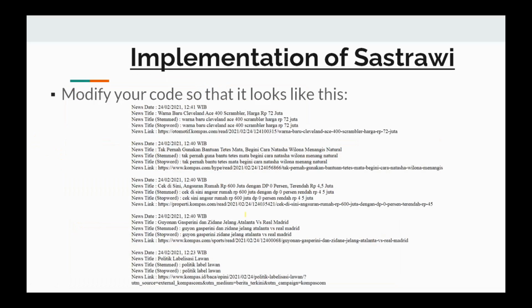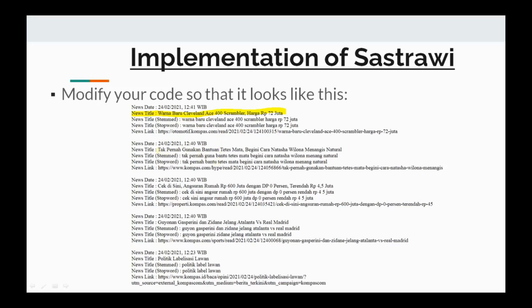After that, please modify your code so that it looks like this. You can see here the news title, this is the original news title. After stemming, we can see the result.